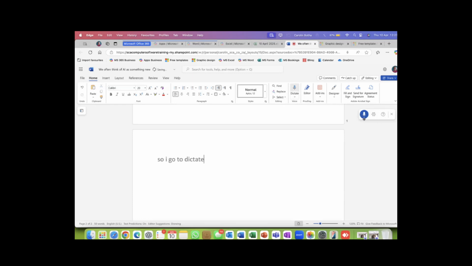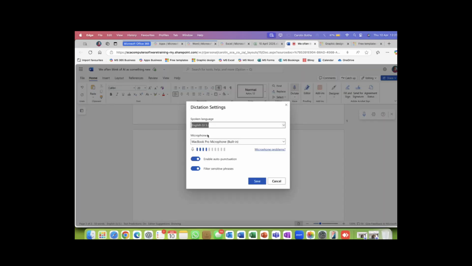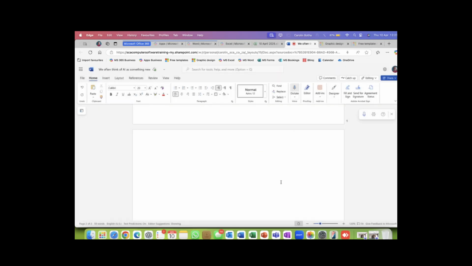It immediately, oh, there you go. It's already switched on. Let me just switch it off first. There you go. And let me just get rid of this because that's not what I want to have. So I can switch it back on here. I can also go to the settings and choose which microphone to use, also which language to choose, but you can do that in your own time. So let me go to the dictation, and then whatever I'm going to say will appear on my screen.